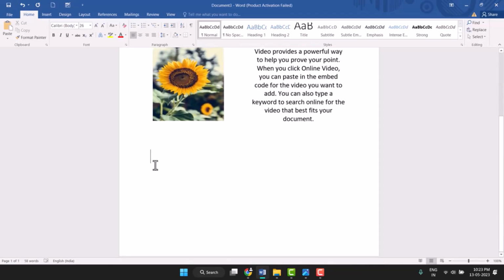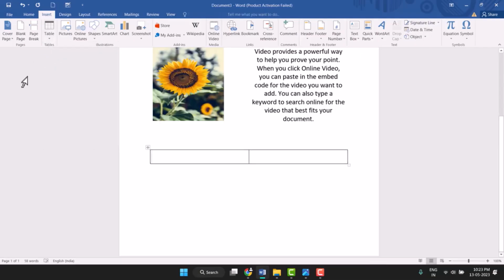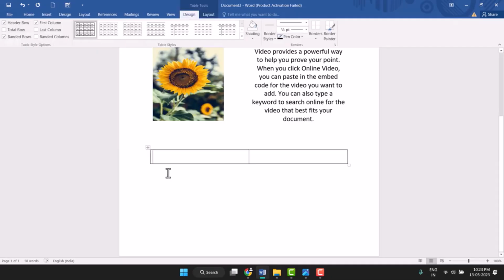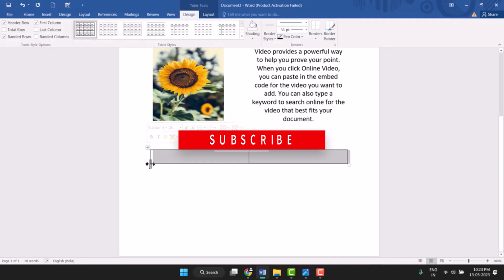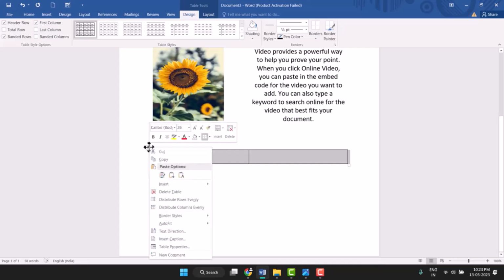Firstly, you need to click on Insert and Table, and here create a 2 by 1 table. Drag and drop to select the two columns, 2 by 1. Just select it and click on it, and here you need to see this plus-type icon. Just click on it and right click on it,